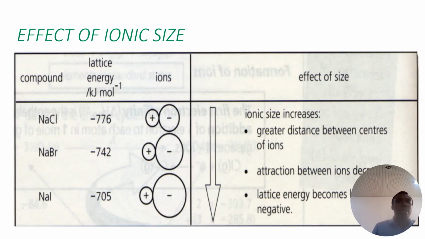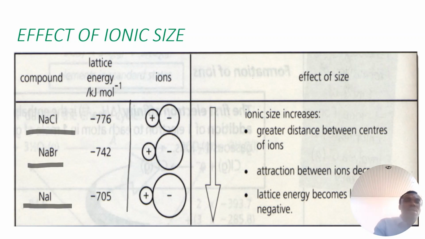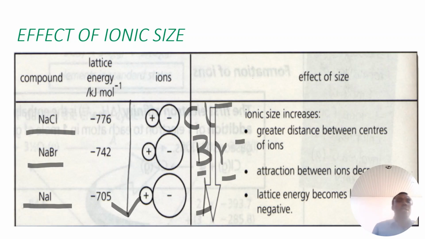So that is the effect of ionic size. Looking at the table, you can see the effect of ionic size or ionic radius on lattice energy. Look at the lattice energy of sodium chloride, sodium bromide, sodium iodide. As you go down the group, the ionic size of the halide, chloride, bromide, and iodide increases, and the lattice energy becomes